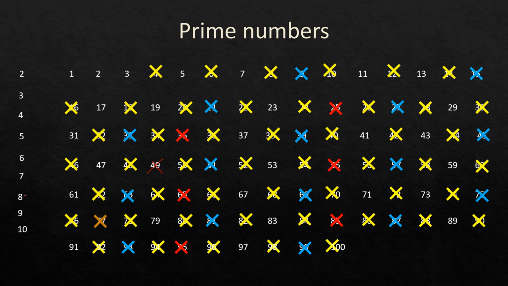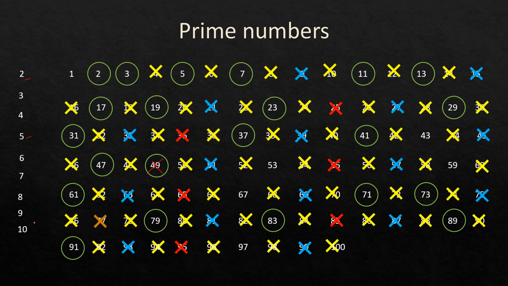Alright. Now, should I check for 8? No, because I've already checked for 4 and 2, which are factors of 8. Should I check for 9? No, because I've already checked for 3, which is a factor of 9. And I can check for 10, but 10 would already be crossed out because 2 and 5 are factors of 10. So now, when we have completed all this, the numbers that are remaining will be prime